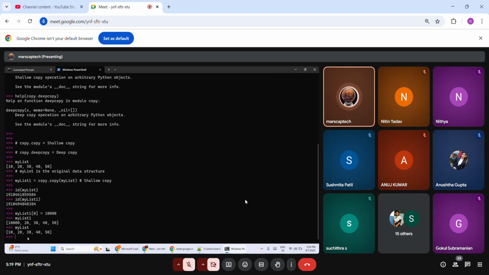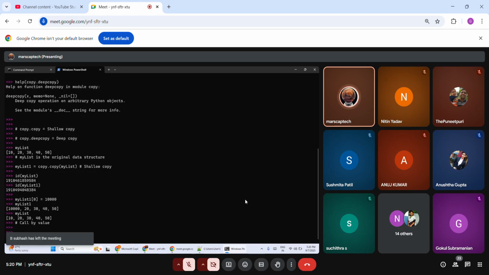So is this call by value or call by reference? Call by value. Selfish case. Shantala alone has modified her answer, but she did not cascade that back to Sushmita. So selfish case, so nothing but call by value. Good. Now we are going to try the same thing for deep copy.